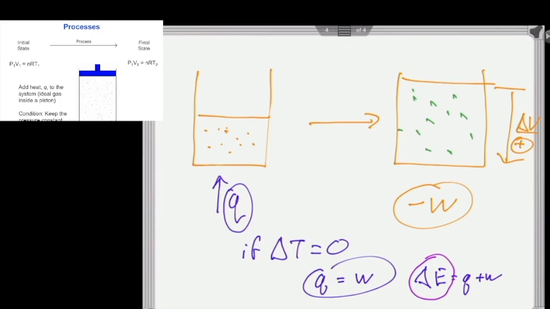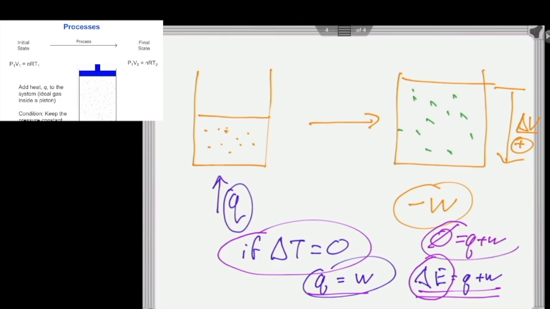Yeah, if delta T equals 0, Q equals W. We're saying there's this interchange between heat and work. We're not using energy to change temperature. As a result, for this case, that's the first law, we can rewrite this as 0 equals Q plus W. That's a simplified case that we can use as a construct to do a lot of other energy manipulations. The most important thing to hang on to, though, is we are adding heat. We are not changing temperature. The heat is being converted in a perfect way into work.